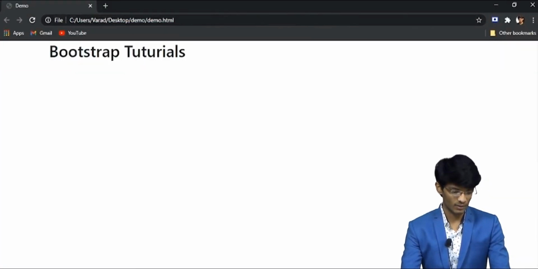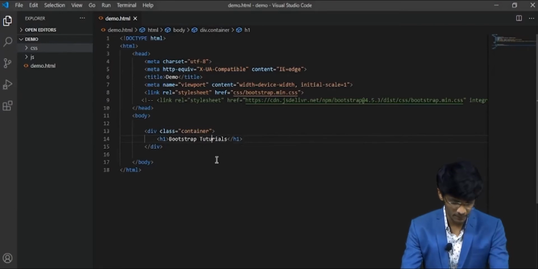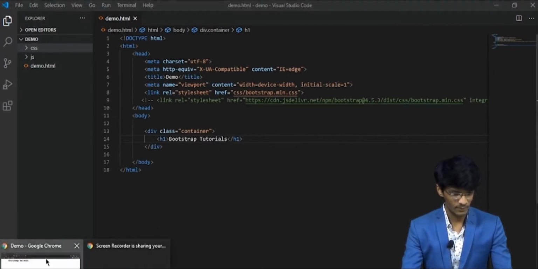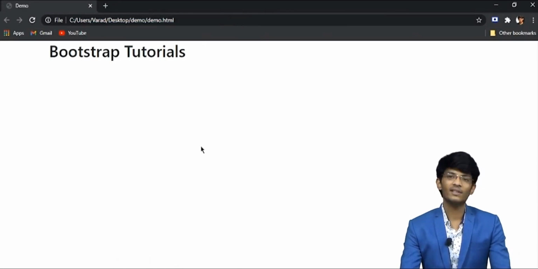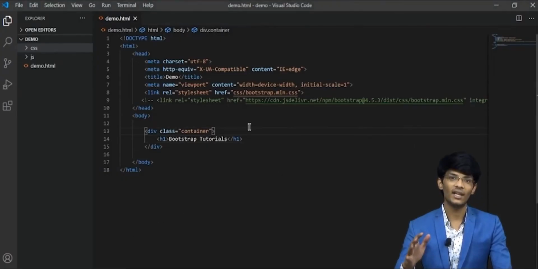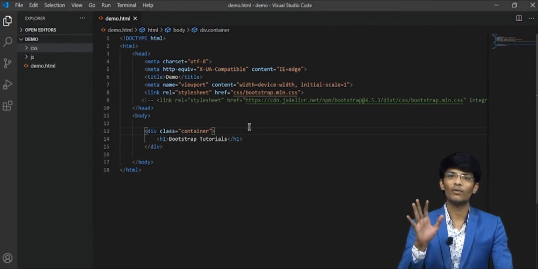Bootstrap tutorials. What you can see is only the heading, but can you see the container? No. But let's see what a container is really inside your website page.